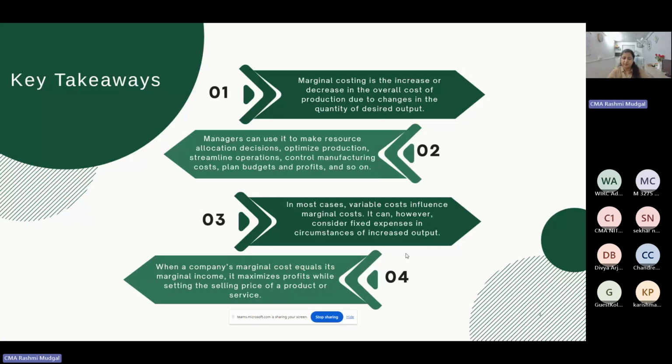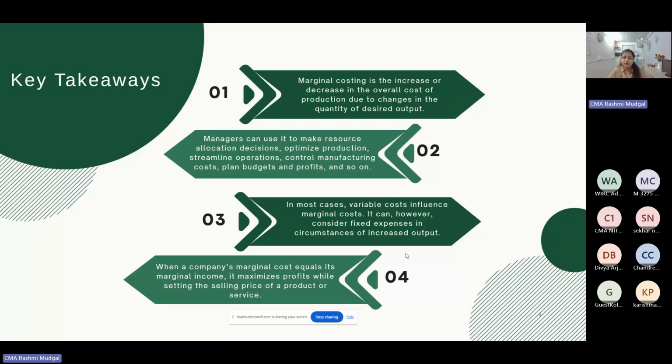We are already producing some quantity and we have already set some capacity that we are working on, at 60%, 70% of the capacity. If I'm getting another order for 10% more capacity, or maybe for 10,000 more products, what will it impact? My variable cost is taken care of by the marginal costing.